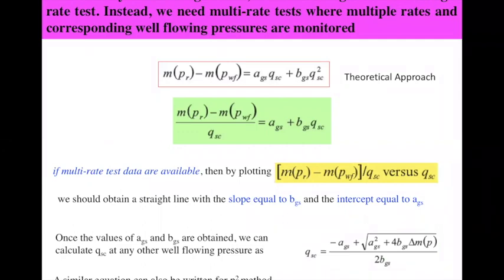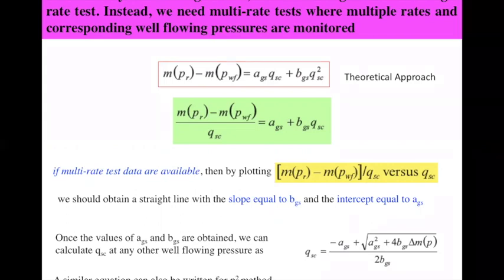You can do a similar exercise for the P square approach. As we have seen, in place of MPR, P square will come. And generally we see that if the reservoir pressure is below 2000, we can simply apply that equation without having the knowledge of or calculating this MP value, right? So this is about the multi-rate test. Now we'll see how these multi-rate tests are performed.